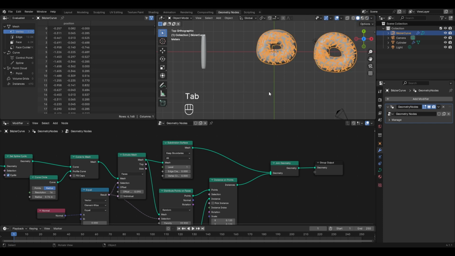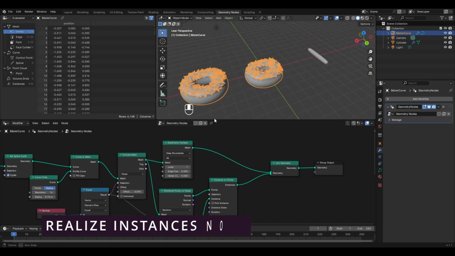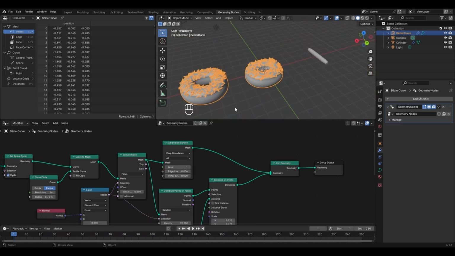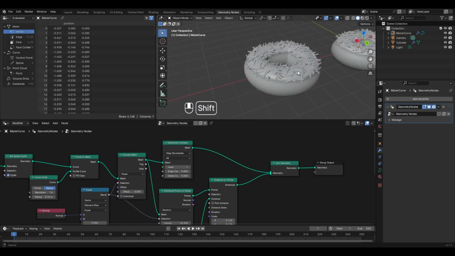Let's come out of the edit mode, and now the next topic for today's chapter is understanding the realize instances node. What it basically does is help to convert the duplicate objects into separate geometries. For example, the sprinkles that are placed on this donut are simply instances placed on different points. To confirm this, you can go to the spreadsheet, and in the instances option here, you can see that we have 490 instances, and these are basically the sprinkles that are distributed over the top of the donut.